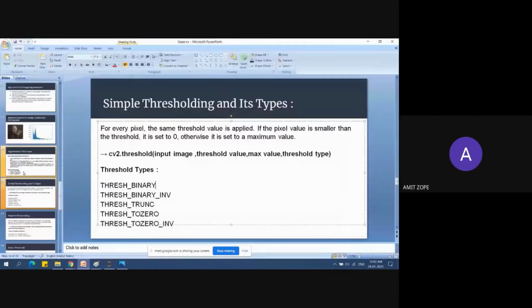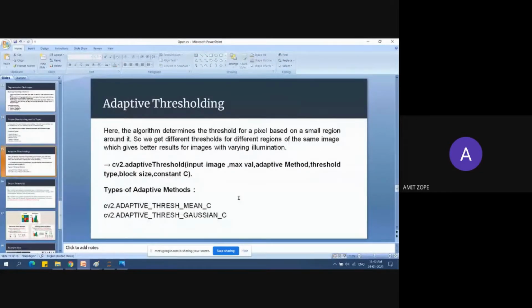Now I will move on to the adaptive thresholding. In simple terms, adaptive thresholding is used for images with varying illumination, where there are different lighting conditions.